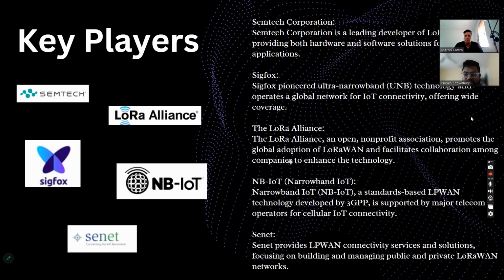In the next slide, we will be going over some of the key players who are working in this industry. So one key player would be Semtech Corporation, who leads in developing LoRa technology, providing both hardware and software solutions for IoT. Then there's Sigfox, which is also known for ultra narrowband technology and offers a global network for